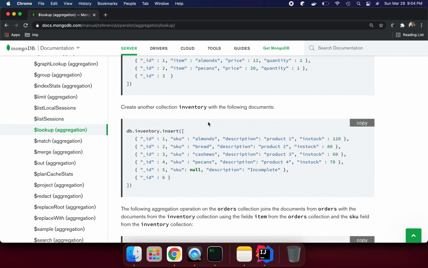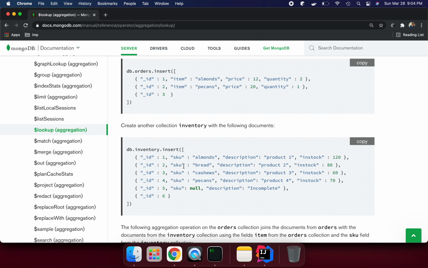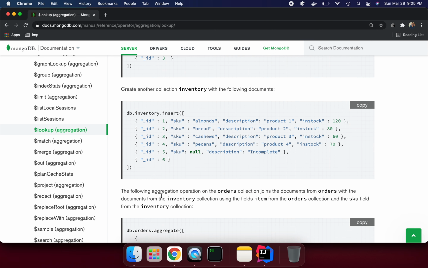And now we are creating the inventory. So here the matching field is _id 1, 2, 3. The following aggregation operation on the orders collection joins the documents from orders with the documents in the inventory collection using the field item.